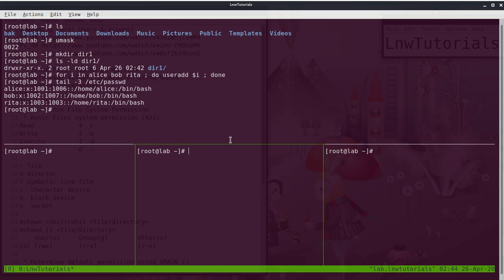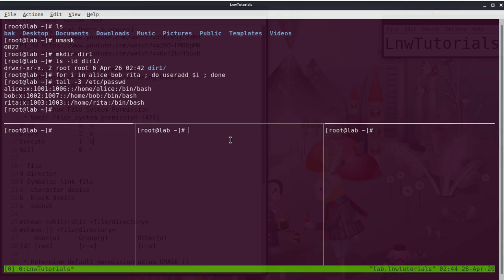Right now we have three windows and three users, Alice, Bob and Rita. Let me log in with all three users. Switch user to Alice, switch user to Bob, and on this one switch user to Rita. Now I have logged in with three users.